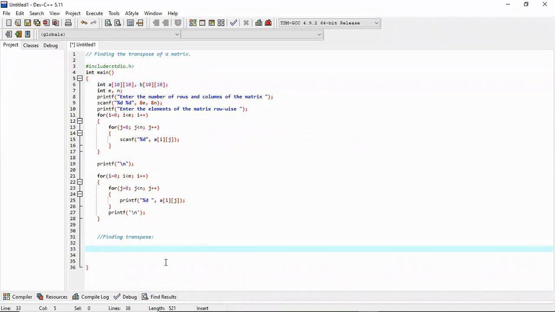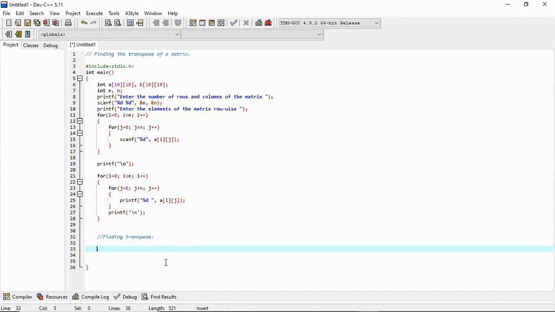Okay. What is the transpose of a matrix? Transpose means that the rows and columns will be interchanged. So A00 and B00 should be the same, but A01 should go to the B10 position, because the row goes to the column.